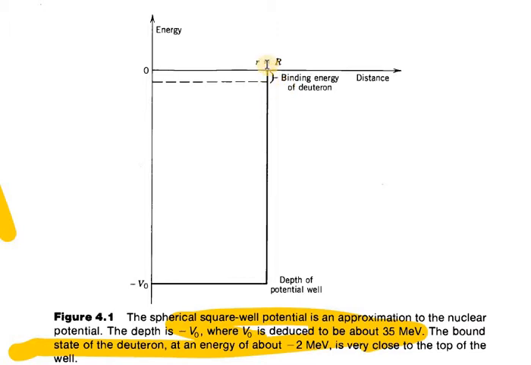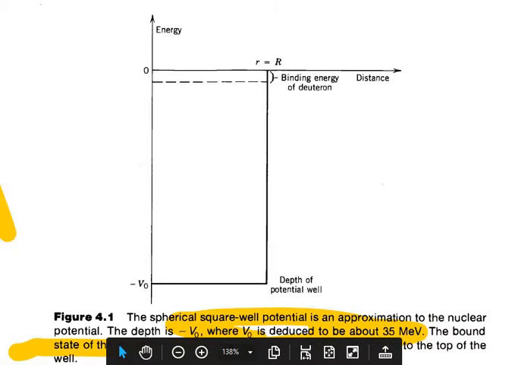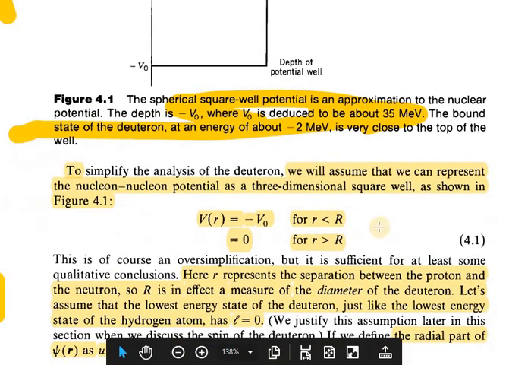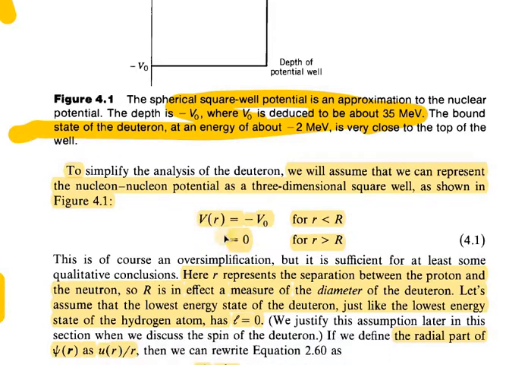is considered as small r, and the potential well ends at capital letter R. This capital letter R represents the surface, the size of the neutron nucleus. Then the potential energy V of r is equal to minus V0, which is below the radius or the diameter of the neutron,